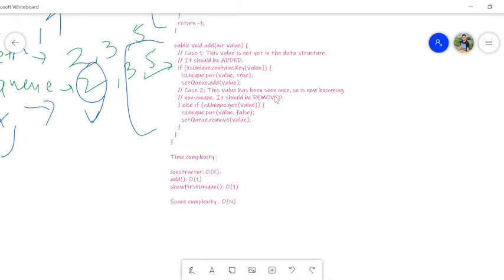Now we will try to append 2 again through the add API. When we call add 2, it will again check whether 2 exists in the set. Yes, it exists in the set, so we need to go into the else condition. In the else condition, we will mark that as false, like it's not a unique element now, and then we will remove it from the queue itself.